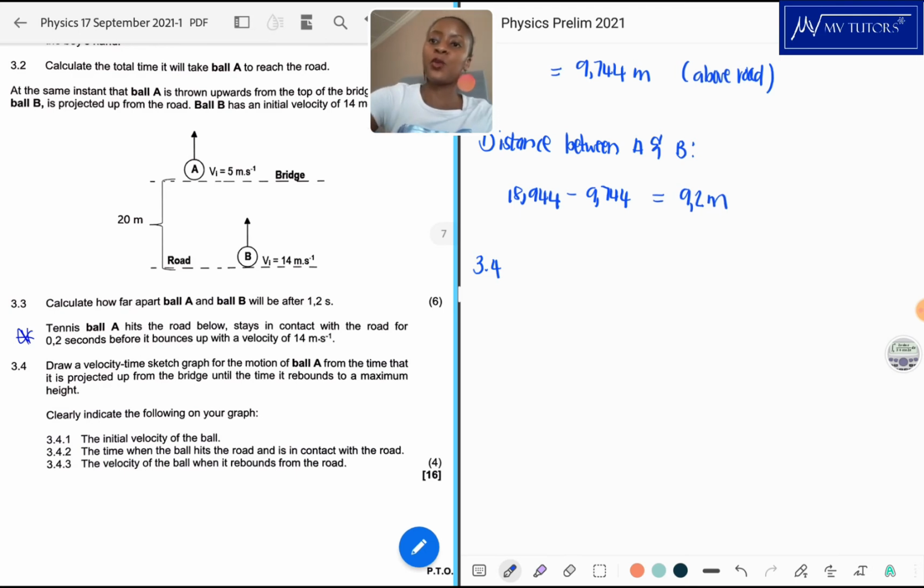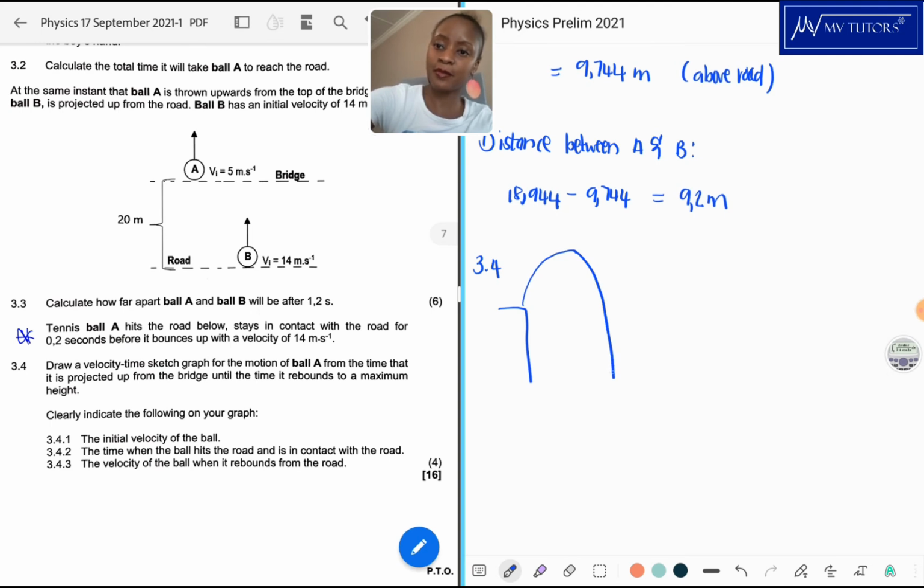So we had the bridge there, remember? This ball went all the way up, and then it went to the road, and then it bounced. So there was some time lapse there, and then it bounced. Okay, so actually no, let me do it a little bit better. So it went all the way up, down to the road, bounced, and went up again to reach its maximum